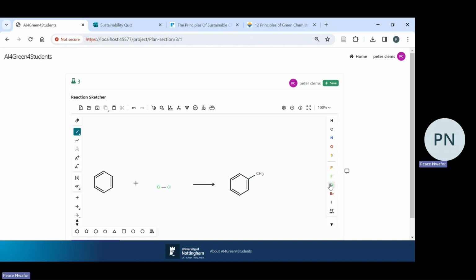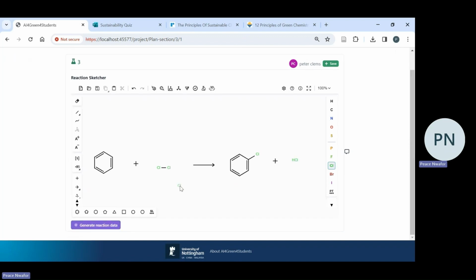So that's the arrow there. That's the chlorine and then the plus. So you have two reactants, two products, and the products will be chlorobenzene and HCl. Once you have finished drawing this, you click on generate reaction data, and that will take you